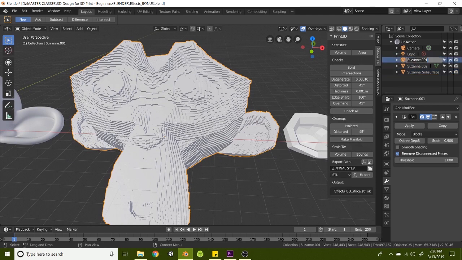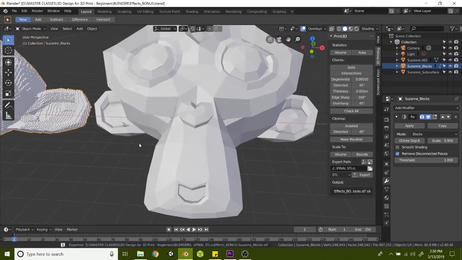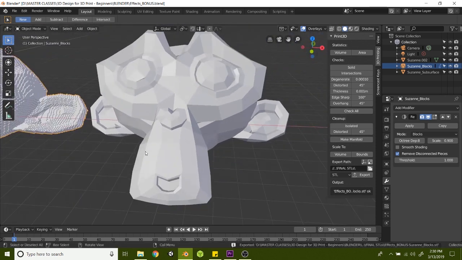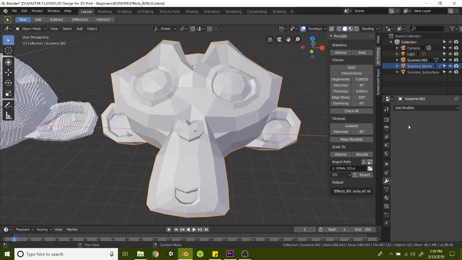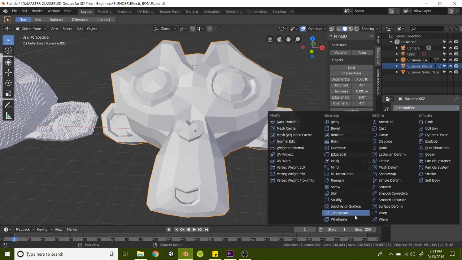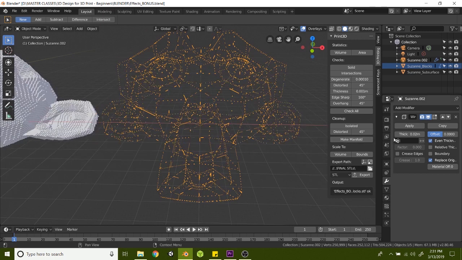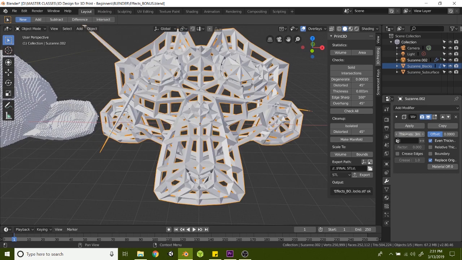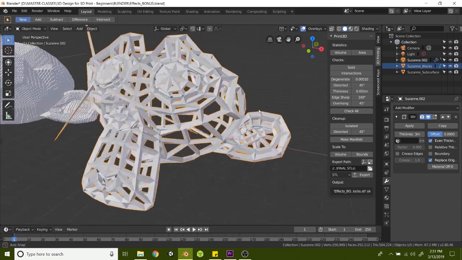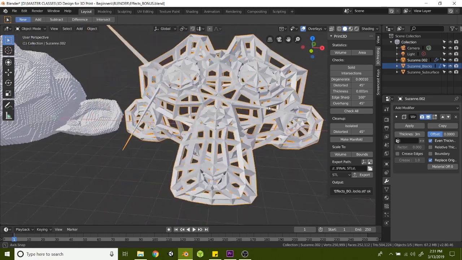Again, you'd have to flatten that one back out, but let's go ahead and export that one. We'll rename it Suzanne Blocks and go ahead and export. And then let's go to the third design. So just play around with some of these effects. And in this third one, we're going to go to the modifiers tab and add wireframe. So at first it looks like this little spider web, but if we increase the thickness over here, put just 3 and hit enter, you'll notice we get this really cool wireframe mesh,